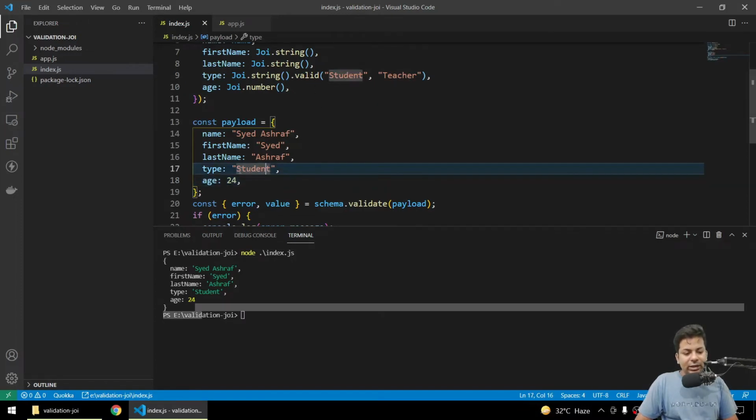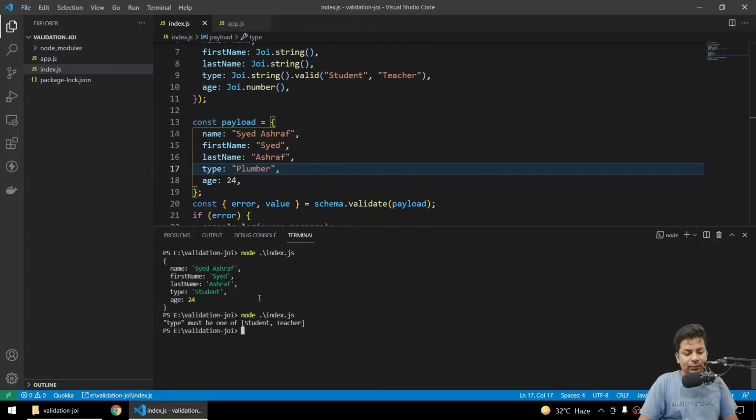But if I send any other value like plumber, type must be one of student or teacher. Now we are not writing any answer, it's just giving us back either you should be a student, or you should be a teacher. If I say type I am none, then also the same thing.